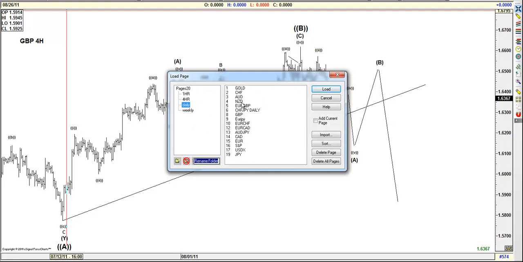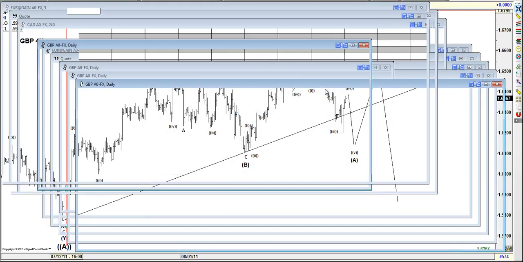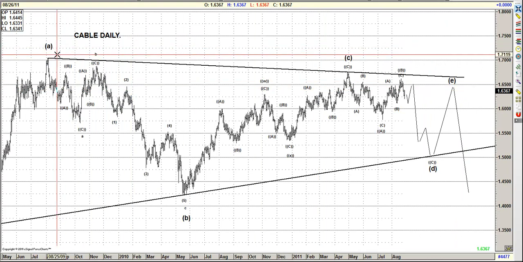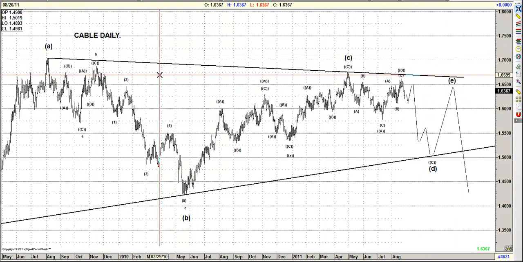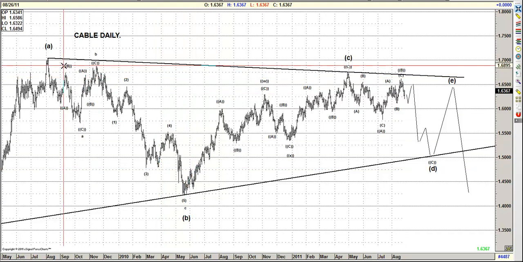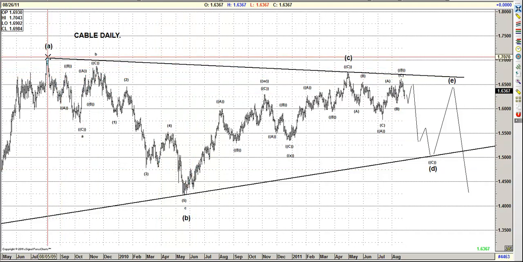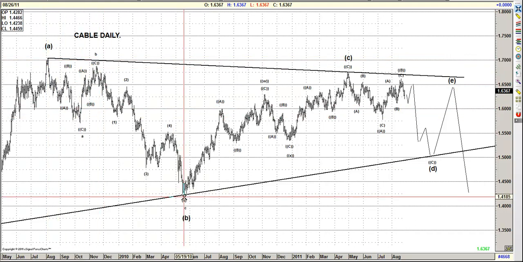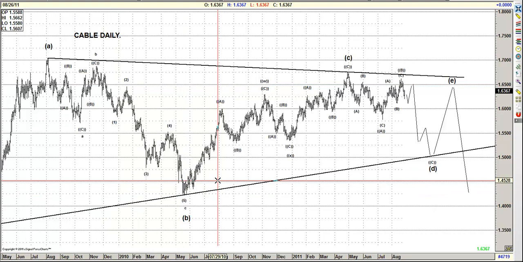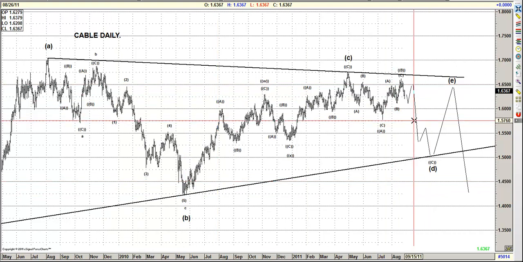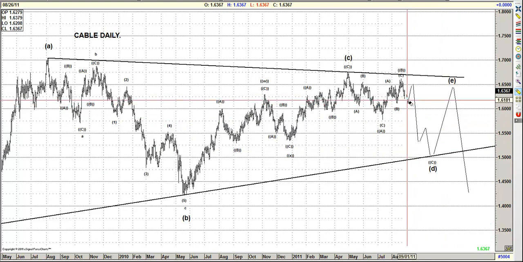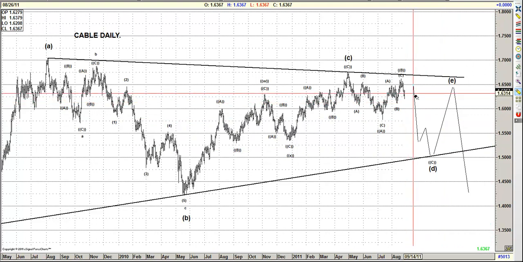Now, let's take a look at the pound in the daily. We have changed the counts on the daily to the alternative that we have. There's a principle, then we change it now like this. This is the pound. Look what it did in 2009: 3, 3 and a flat down. We don't need to get that exactly right here. I'm labeling as a flat,